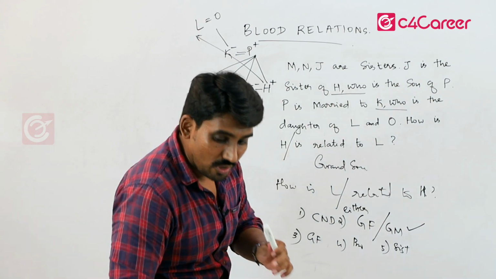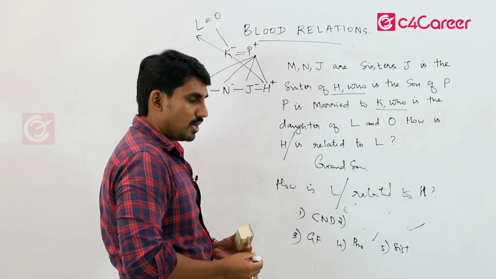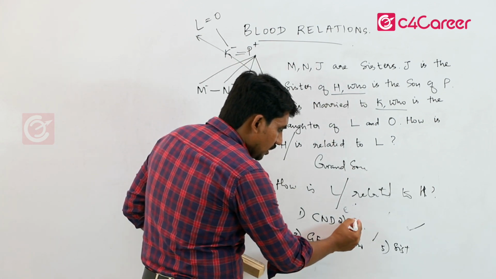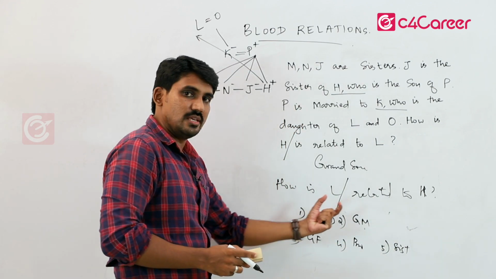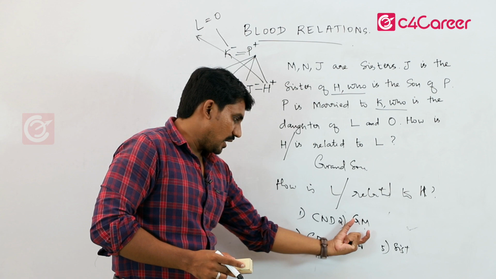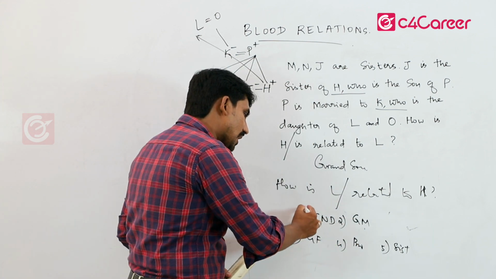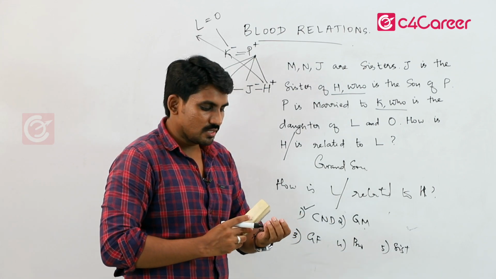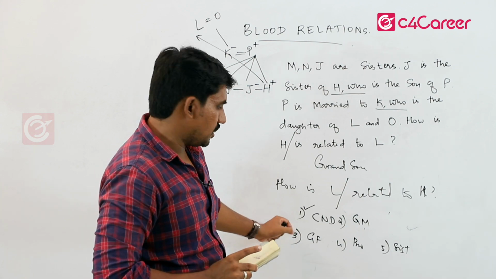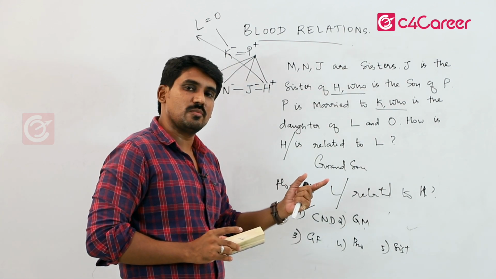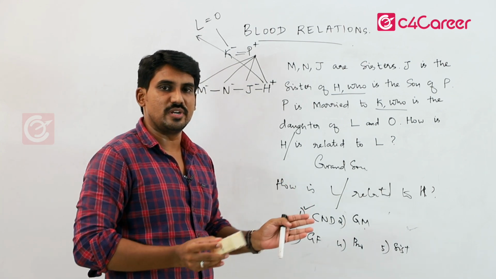Clear? And if you can't understand, I will give another example. One option is cannot be determined, one option is grandfather, one option is grandmother. They are not giving the answer in the either-or form. The options are: cannot be determined, grandmother, grandfather, brother, sister. Now here what will be the answer? Cannot be determined. In objective type questions, we have to choose the best one from the options. Here the answer is cannot be determined. In the previous example, the answer is either grandfather or grandmother. Simple logic: gender missing means cannot be determined.